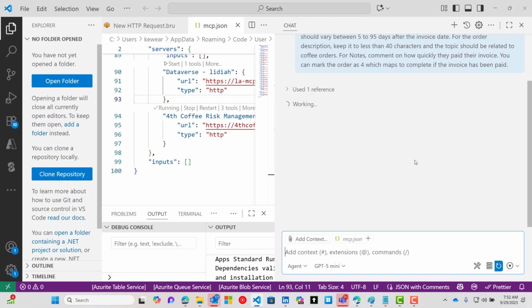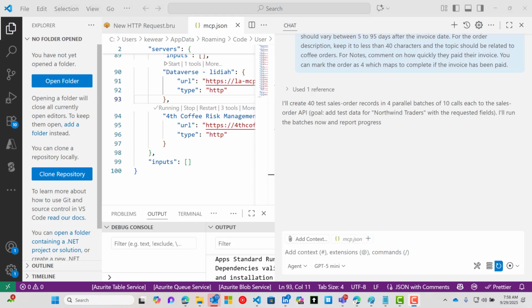these calls. Now, what's interesting is the MCP tool itself is only going to support creating 1 record. Obviously, we could have changed that and done more of a batch, but this will actually make the calls one by one. And so you will want to think about throttling if you have very large data sets. But what is really interesting about this is it's going to be very diverse in terms of the data being passed. Okay, so it's come back and said that it's going to create 40 test sales orders in